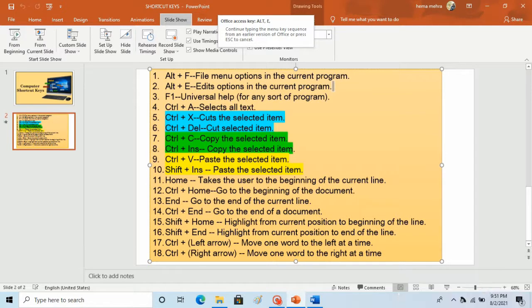Now the next one is F1. F1 is the most important shortcut key for getting universal help.